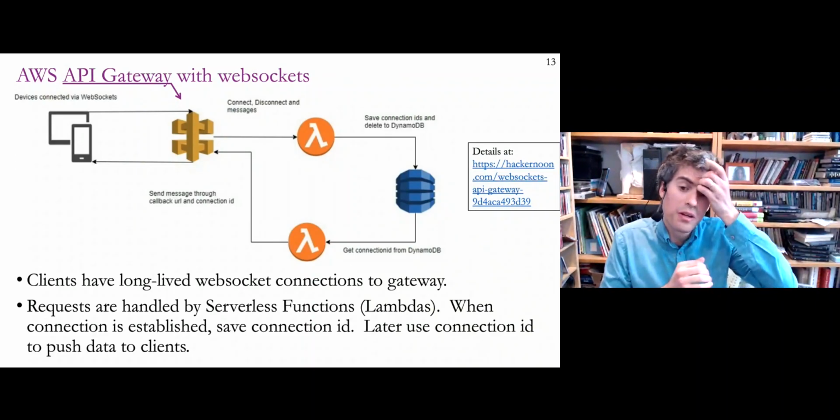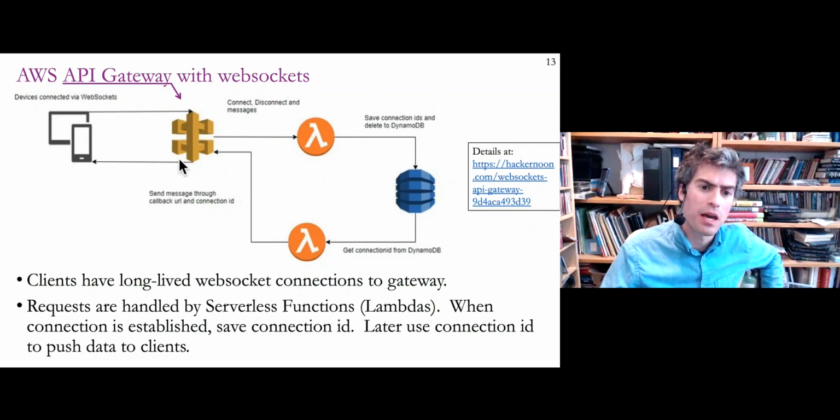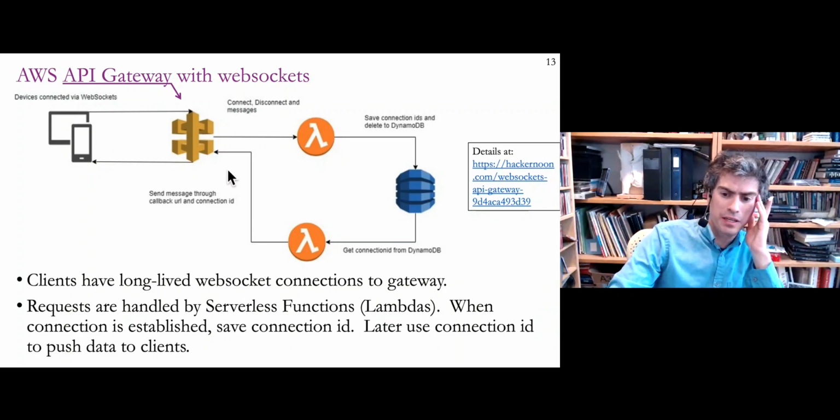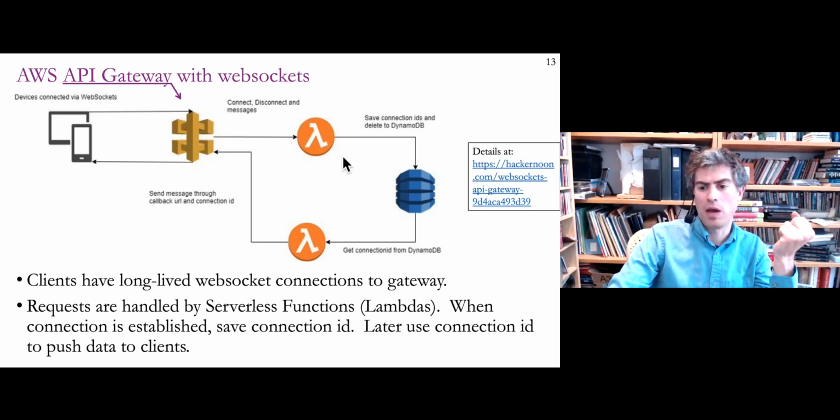There also is, on AWS, an API Gateway which handles WebSockets automatically in a pretty nice way, using Lambdas, which are serverless functions, which we haven't talked about yet. But I guess just keep in mind that if you want to implement WebSockets, Amazon's API Gateway has some features built in for handling that pretty easily without you having to implement your